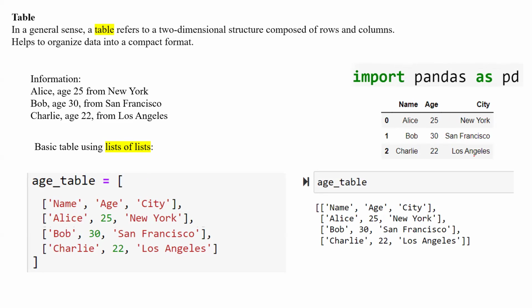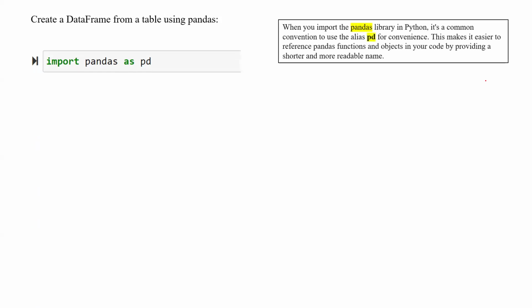To create this data frame, we need to use pandas. So let us go to the next slide and create a data frame from a table using pandas. Make sure to import pandas as pd first, so you can access the functionality and tools inside pandas. When you import the pandas library in Python, it's common convention to use the alias pd for convenience. This makes it easier to reference pandas functions and objects in your code by providing a shorter and more readable